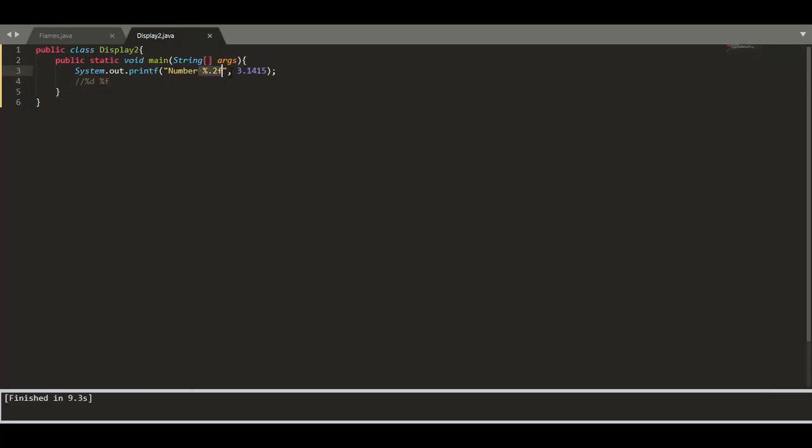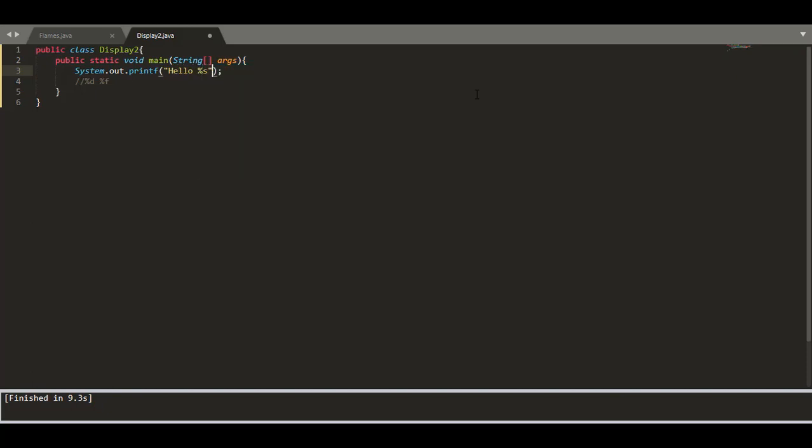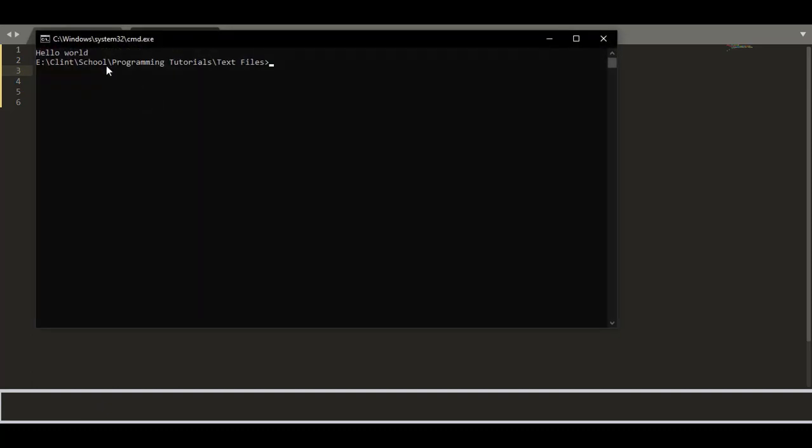By the way guys, I'm going to show you another tip in displaying a string. So let's go to our hello world text again. Hello %s, and let's just say hello world. Let's just print it first. Okay,